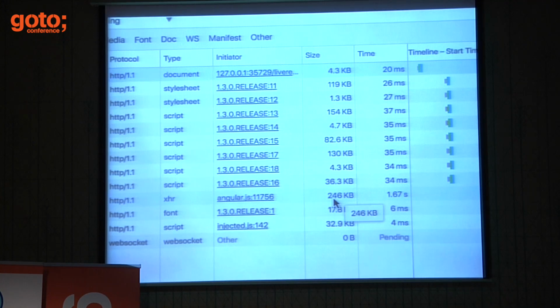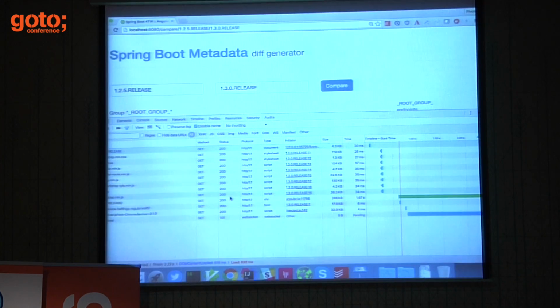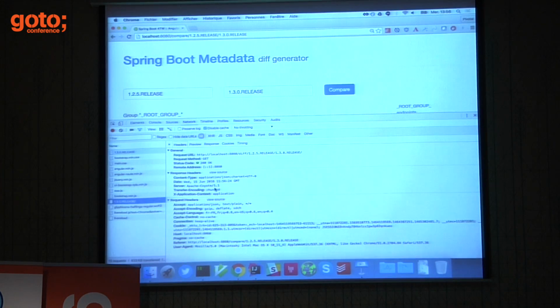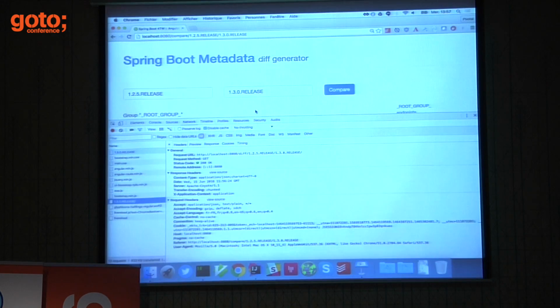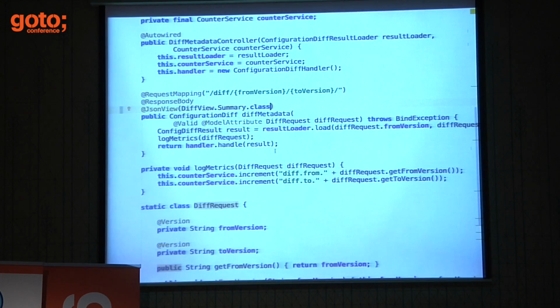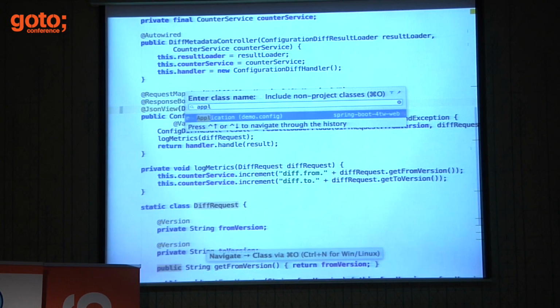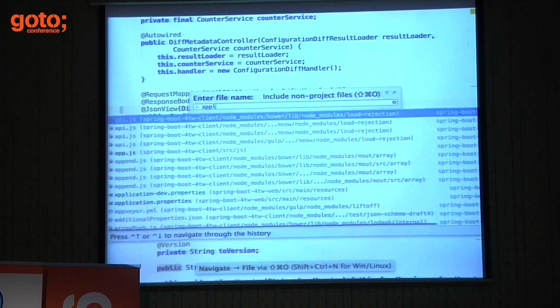Then the next step would be, for example, when you look at this, you can see the response headers, and it's not even compressed. Like we totally forgot to enable compression. And usually when you do that, you have to fiddle with your container. You have to change your container configuration, set a lot of things, etc. But here we're using an embedded container, and we can even do that more easily by using the things we've described until now. So if we go to our application properties,